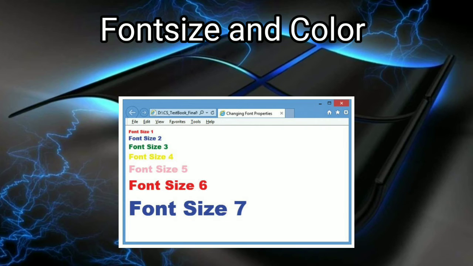Okay students, the default font size is 3 and the largest font size that can be displayed in a browser is 7. Okay, understood? Color. The color attribute is used to specify the text color inside the font.